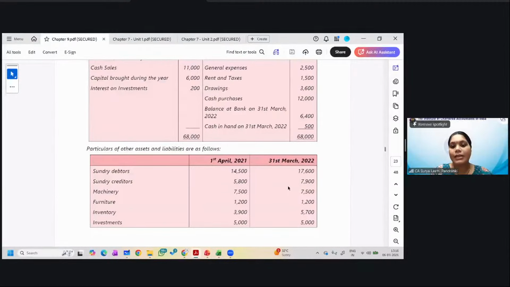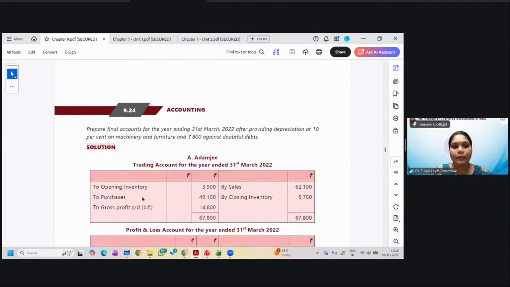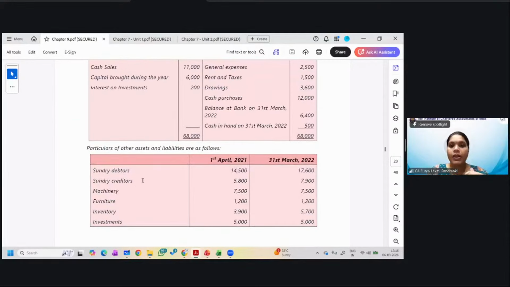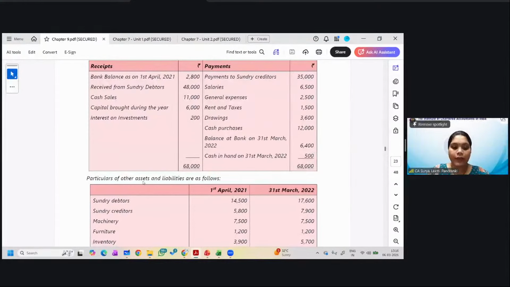Now you have some assets and liabilities. Opening and closing assets, debtors, creditors, machinery, furniture, inventory, investments. Okay, done. But what are they asking you? They're asking you to prepare the final accounts for the year after providing depreciation at 10% on machinery and furniture, and 800 against doubtful debts. Okay, so you will have to prepare all the final accounts using whatever information that is available to you. Now,